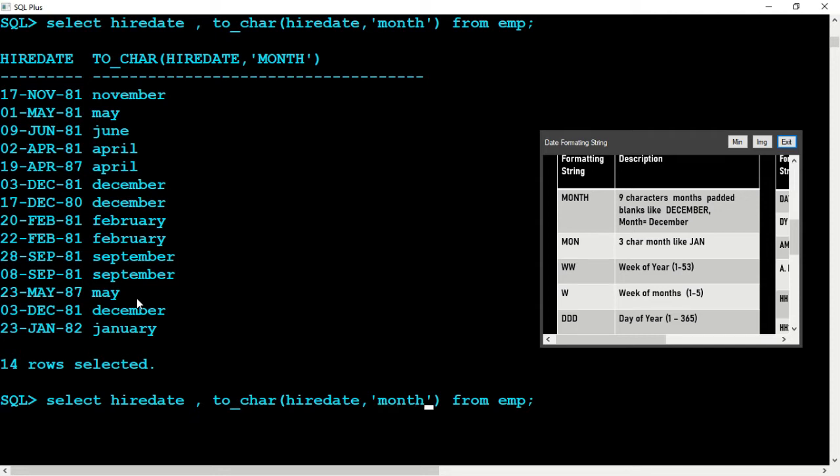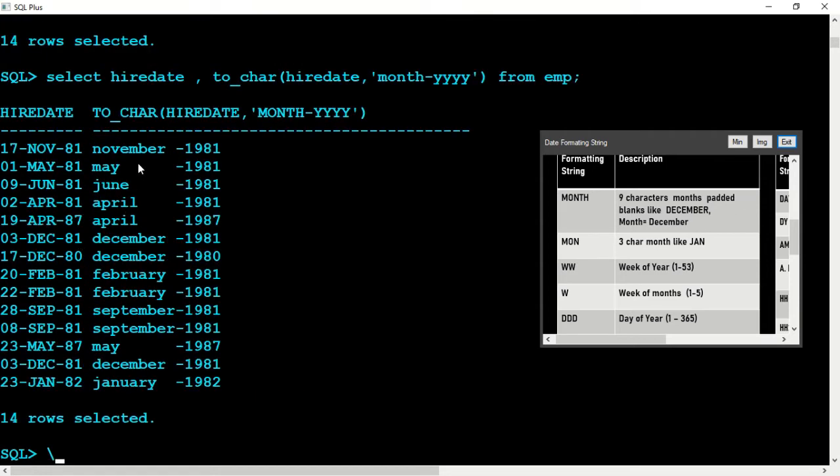If I say MONTH dash Y, that means month and year, with a four-digit year. Now you can see November 1981, May 1981, June 1981, April. You can see this gap here. This gap is fixed for nine characters. If you want to remove this padding gap, write FM before the month.